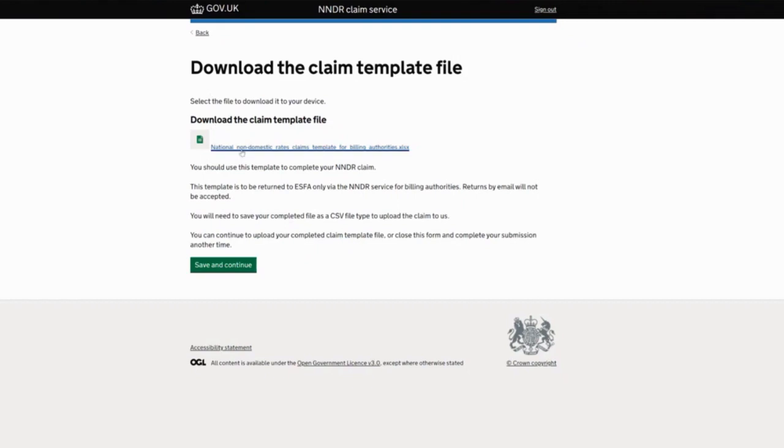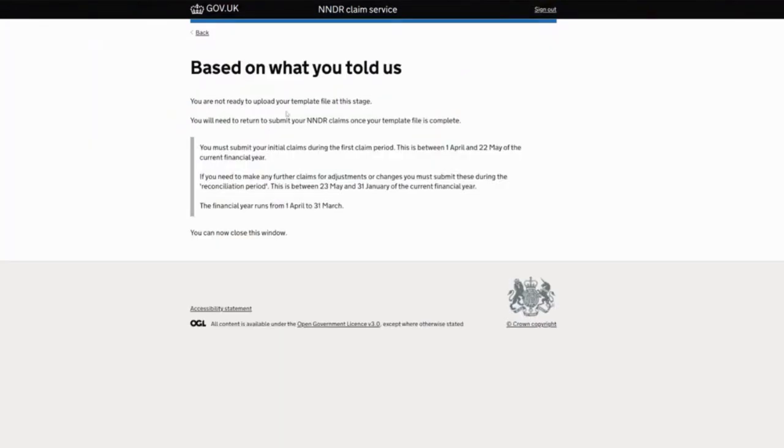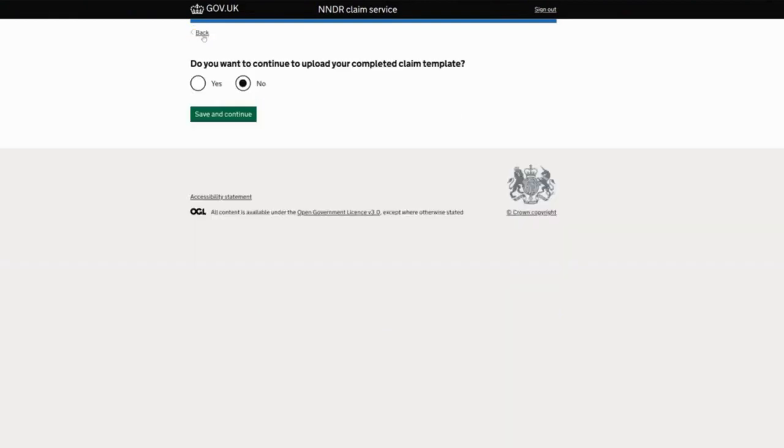So all you will do here is you will click on this download the template file, and it will just download it straight to your machine, and then you can use it as an Excel file from there. So the template opens as an Excel document, which hopefully you're all familiar with using, and then you can populate your information in there. At this point in the journey, you can carry on to upload your file, or you can close the service down and go and update the information inside the file if you want to. If you choose to upload, then